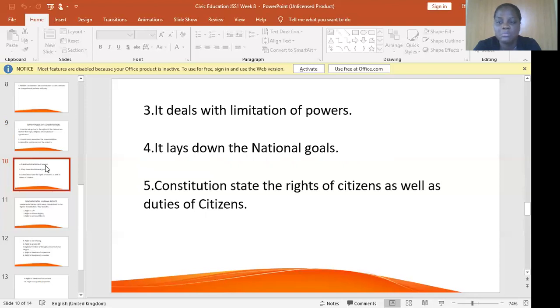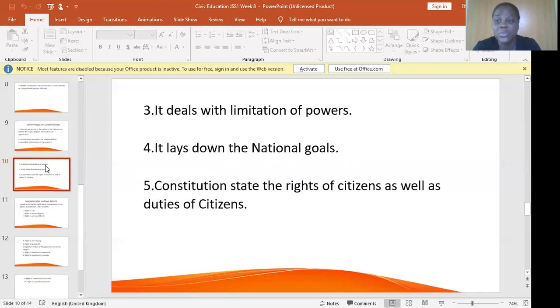Then it lays down the national goals. The constitution states the goals of the country. The aims of the country are well stated in the constitution, and the constitution states the rights of citizens as well as the duties of citizens. Let's remind ourselves, before we get to the rights, of some of the rights the citizen has. Number one, the right to be alive, the right to own properties, and so on and so forth, because we are still going to learn the rights of the citizens and the duties that the citizens are